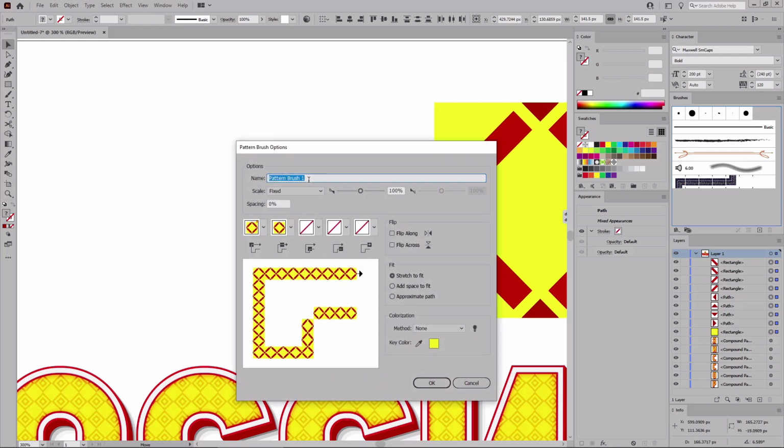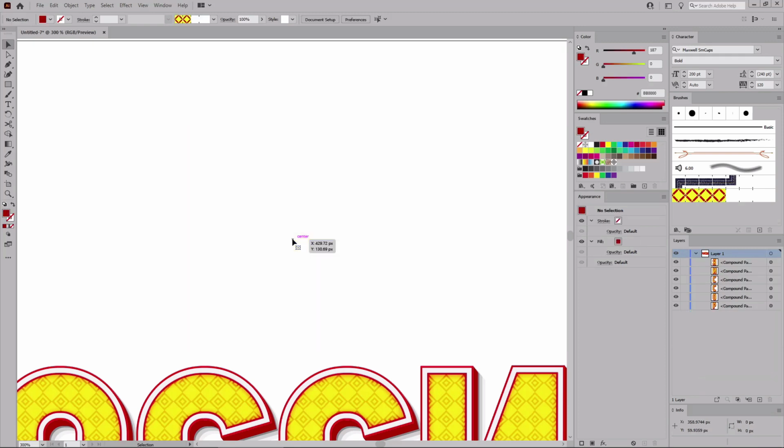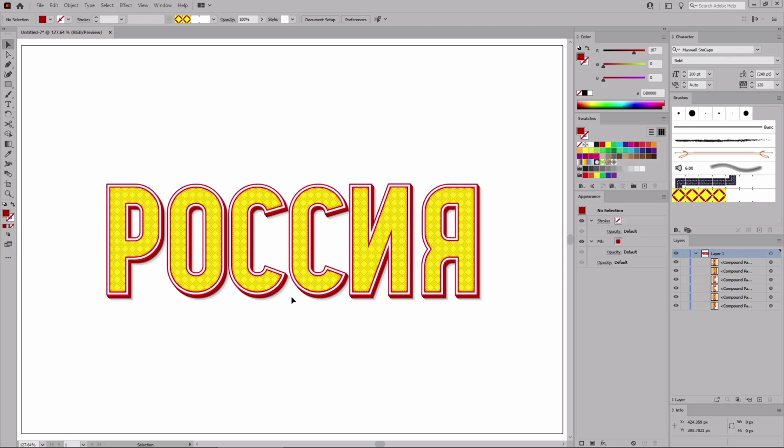You can name your brush Crisscross Pattern Brush. Lower the scale to 4%, keep the rest of the settings as they come, and then click OK to save your pattern brush. Now that you can see your pattern brush inside the Brushes panel, feel free to delete all these shapes. Let's press Ctrl and 0 to zoom back on your entire design. And we'll use this brush to decorate only the letters that have straight ends with 90 degrees angles.